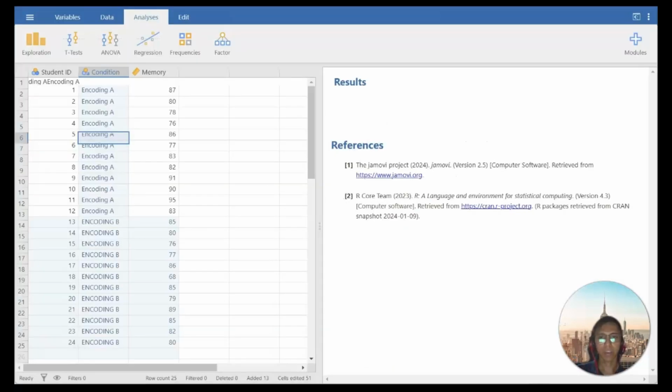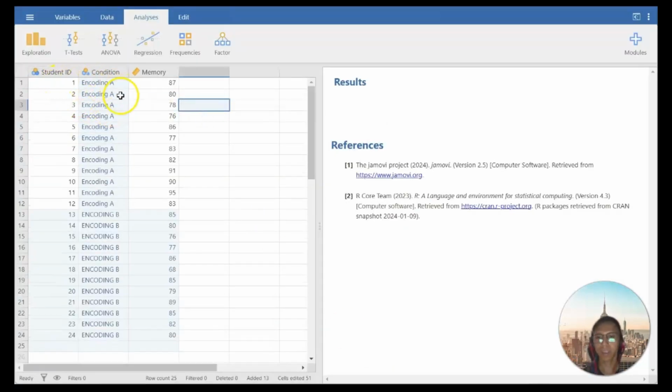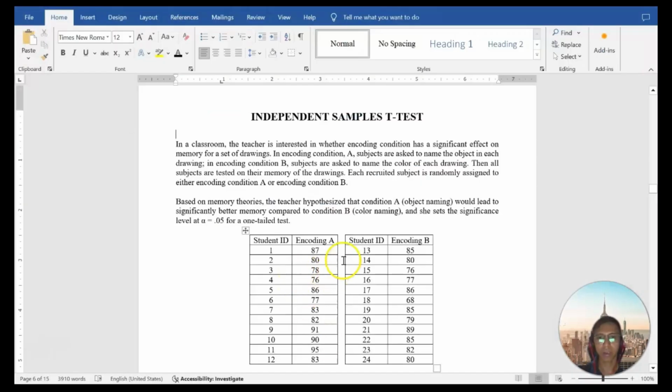Okay, so let's open our Jamovi and copy the data here. We transpose the data and we input the condition and the memory, which is the number here.